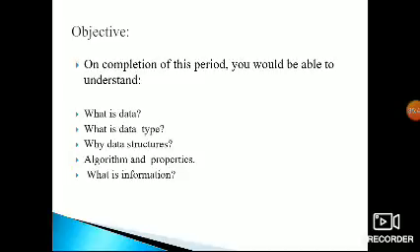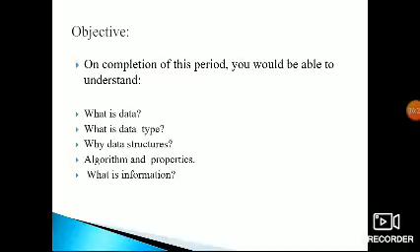And what are data structures? Why are we using data structures? Because the human requirements for computers are more complex, that's why we are using data structures. Using data structures, we can store data in an organized and efficient manner. And what is an algorithm? An algorithm is nothing but a step-by-step procedure to solve a problem.